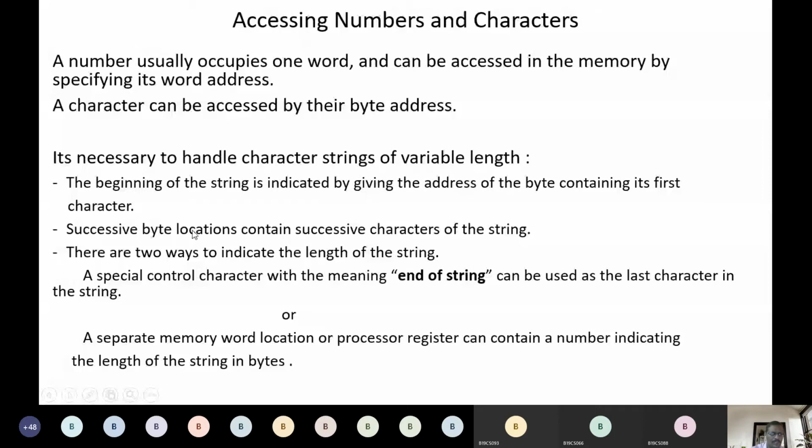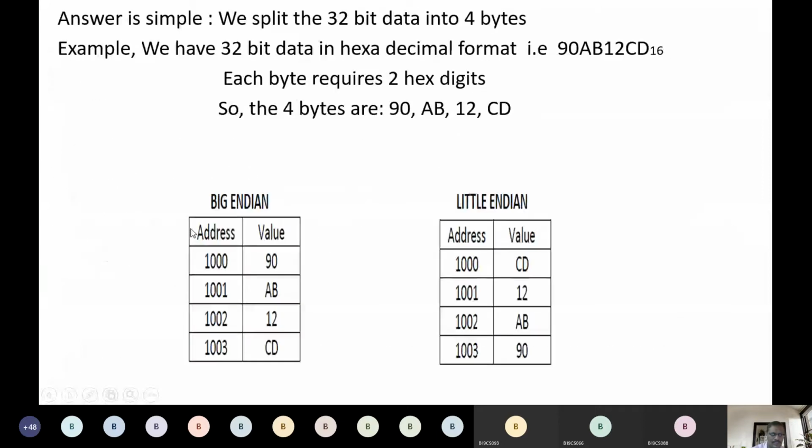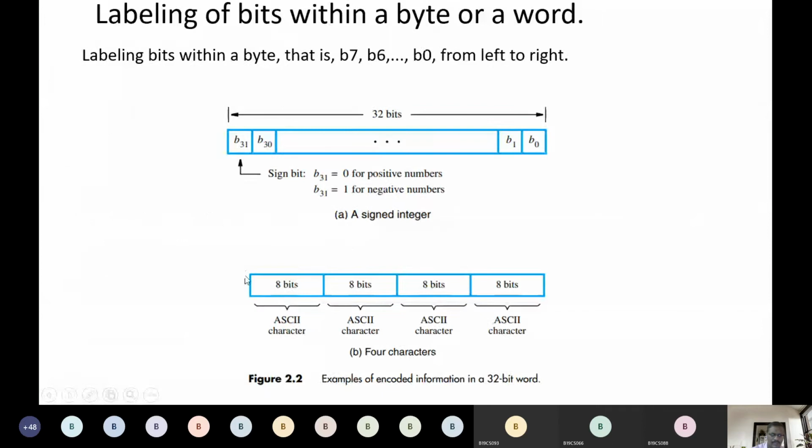If you want to store a string, obviously it is stored this way: a character here, a character here, a character here. In each byte, a character is stored. So how is the end of the string represented? For example, I have a word like MAD. I will store M here because a single character can be represented with 8 bits. A, I can represent with 8 bits. D, I can represent with 8 bits.